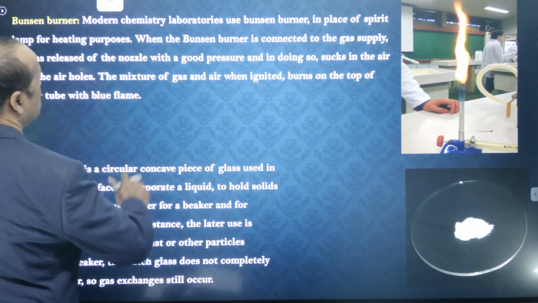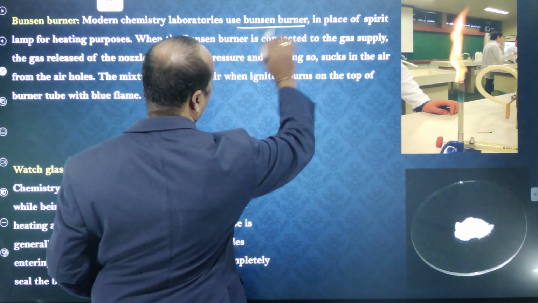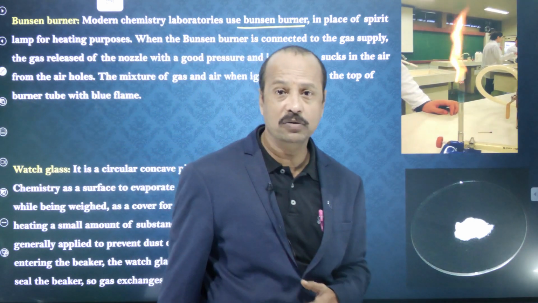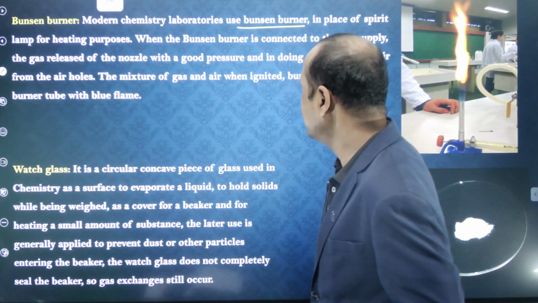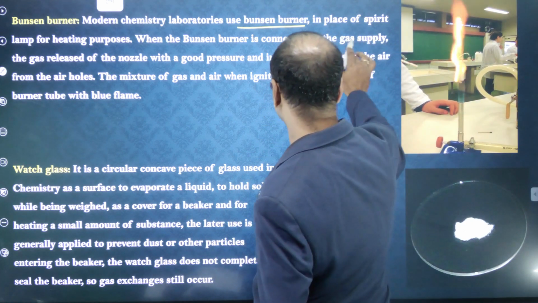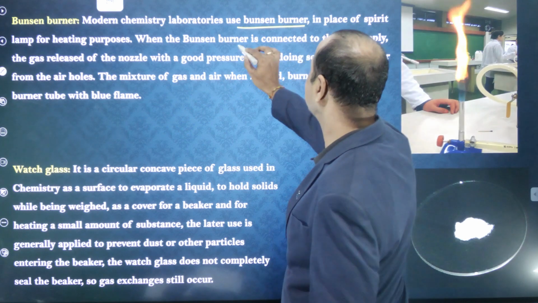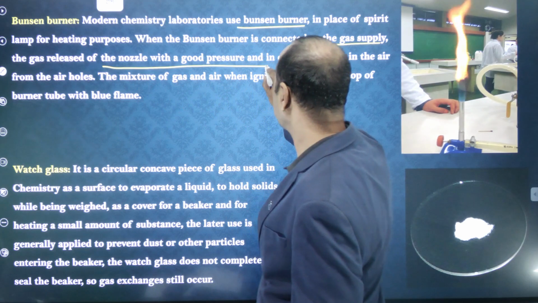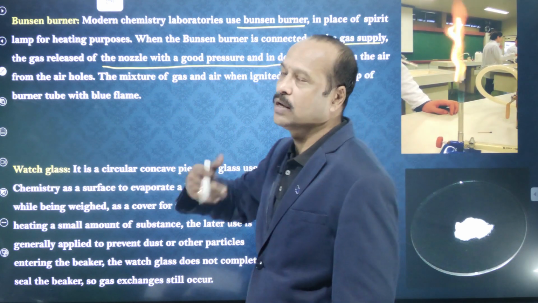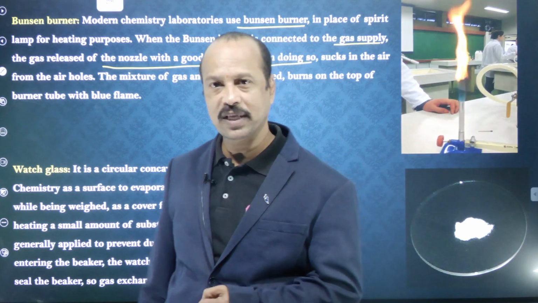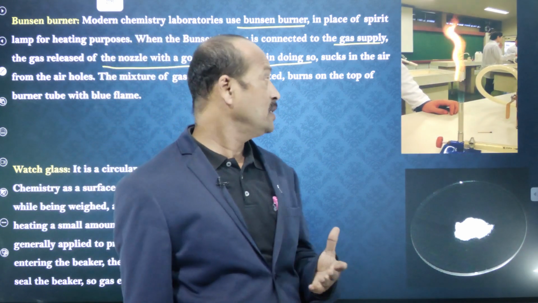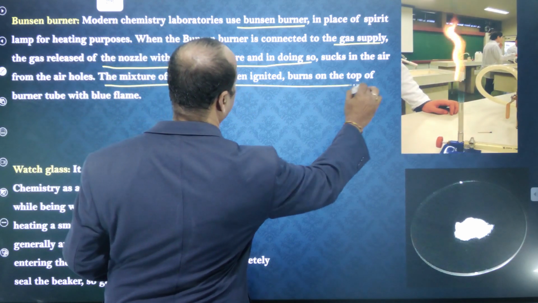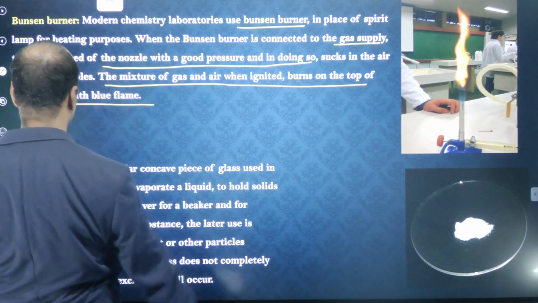Modern chemistry laboratories use a Bunsen burner in place of spirit lamps. In the olden days they used spirit lamps, but nowadays they are using Bunsen burners. When the Bunsen burner is connected to the gas supply, the gas is released to the nozzle with good pressure. Then it will mix with the air, because some air is also required. And then when the mixture of gas and air is ignited, it burns at the top of the burner